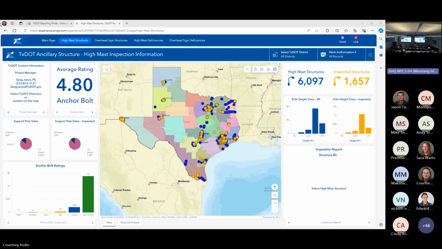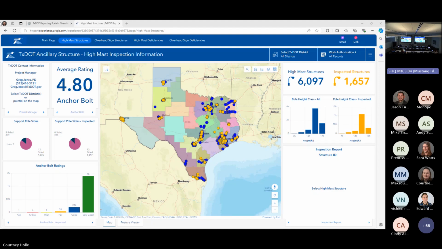So we need to find out what we have out there and get an inspection program going. We started that contract in 2020. The first couple of years, we looked at high mast poles, and then in 2022 a cantilever overhead sign structure on US 75 in the Dallas district fell into traffic, so we also included overhead sign structures. This is a 5-year contract. We're in the 4th year right now, and it has 3 parts to it.